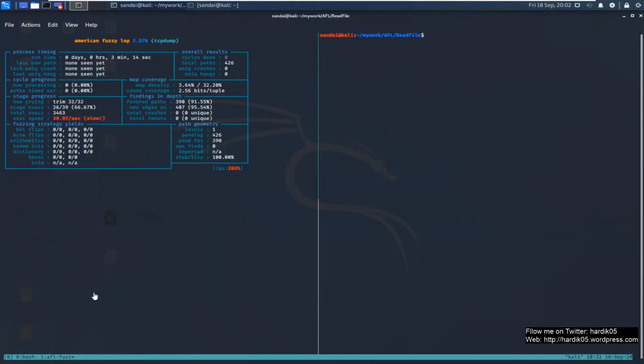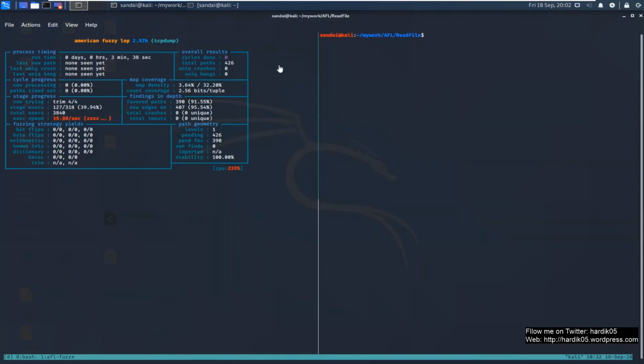Okay, so you can see that it has started the AFL UI. We can see the AFL status screen over here, and the speed we are getting is around 16 to 17 executions per second. That is very slow. That may be because for some reason my VM is very slow.